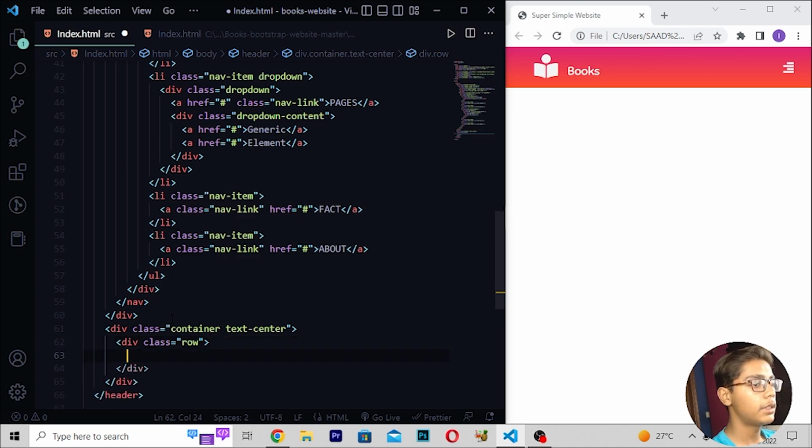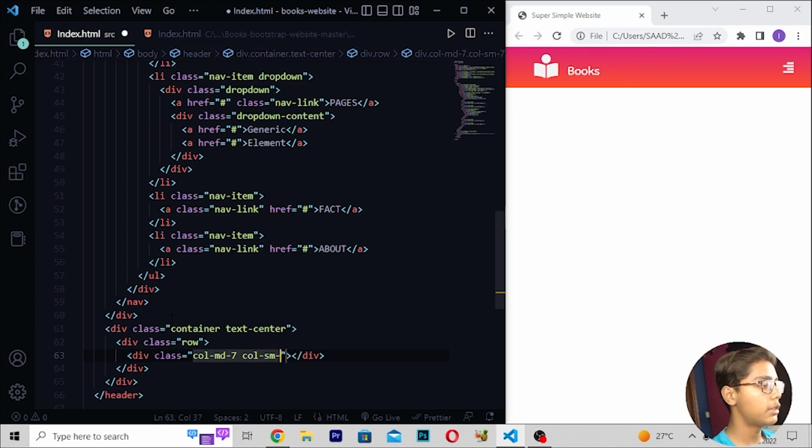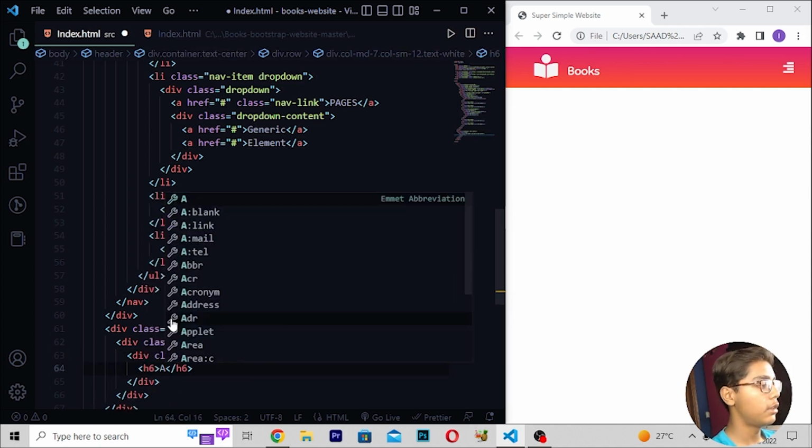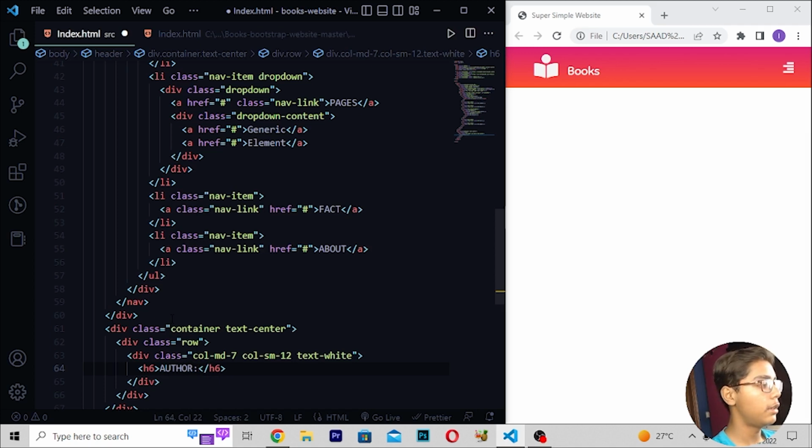Now when you've written this, I will be now writing here div class, then I will be writing here col md 7, then right here col sm 7, or you can say 12, right here text white, then when you've written this, I will be writing h6, then right here author, and here I will be now just writing my name. You can just write any other name also, right here h1,